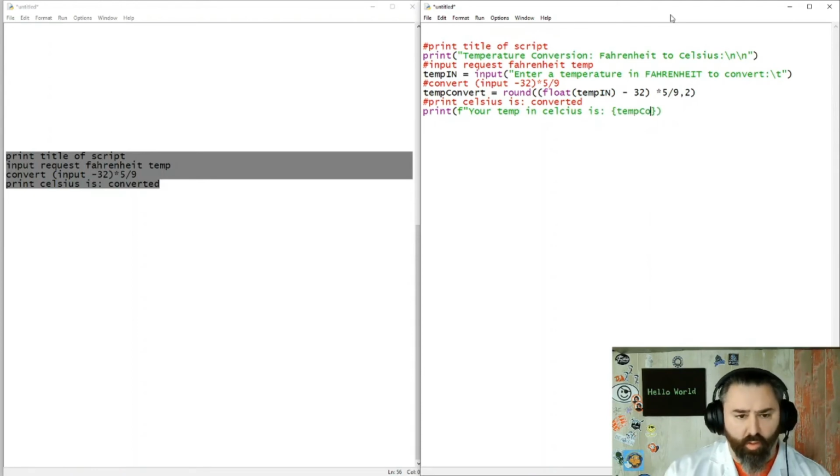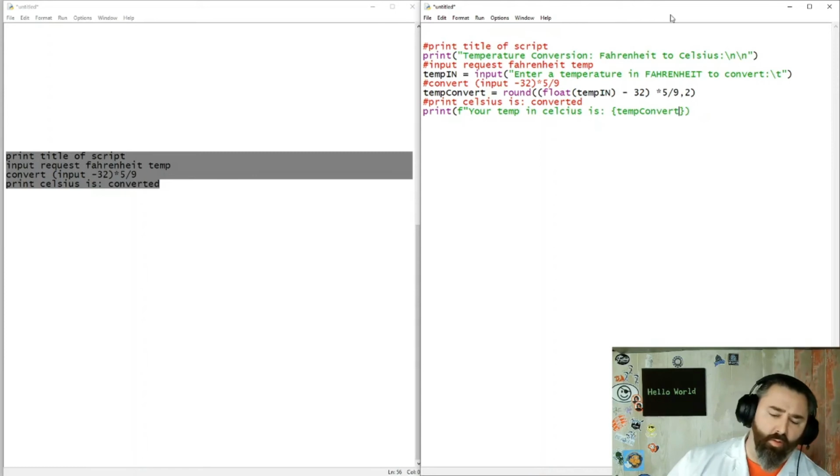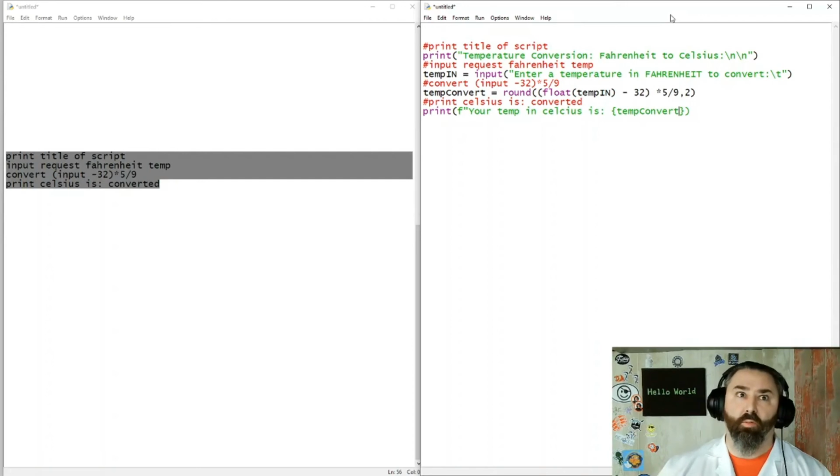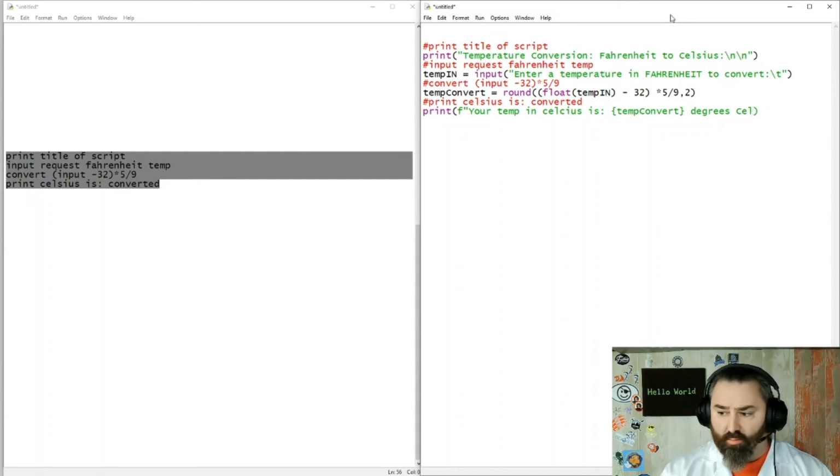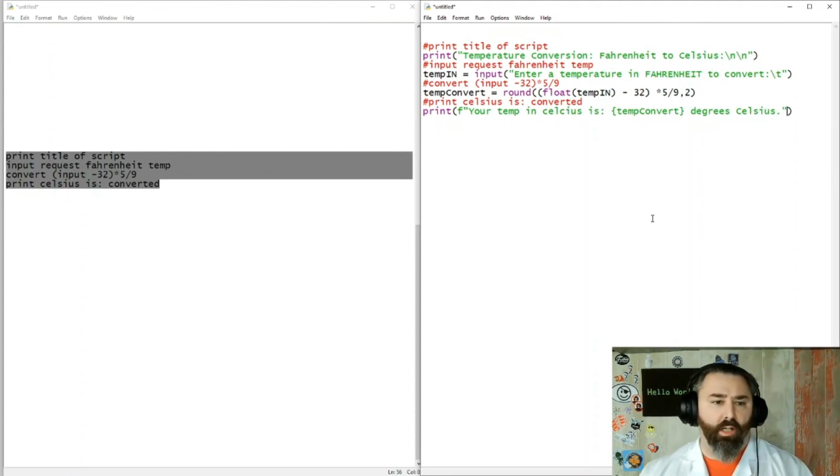Temp convert. But what I'm saying here is pseudocode allows you to organize your ideas, to visualize what tools you need within Python to be successful. It also gives you the opportunity to simplify your code, simplify your ideas, and only meet the requirements, and keep it simple. There's no reason to add things just because it's cool that weren't asked for. Your temp in Celsius is degrees in, I'll put Celsius, why not? Because if people don't ask for something but you add it anyway, that could be an issue, right?